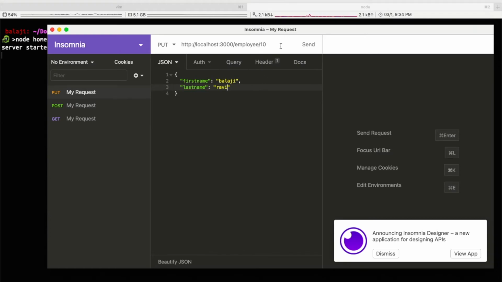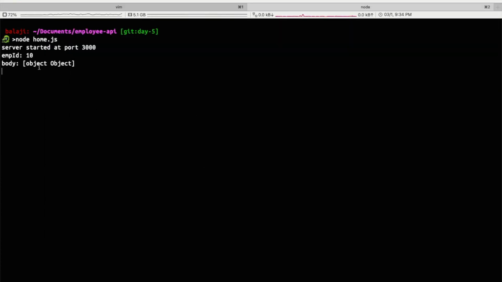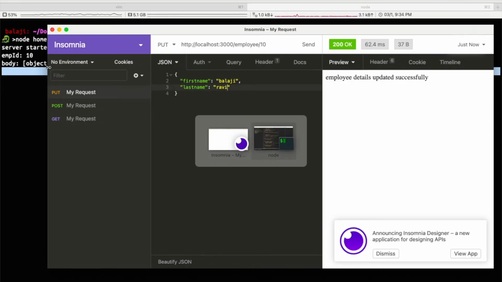Yeah, let's just send the request and get the response. So we get employee ID as 10 and the body as an object, right?